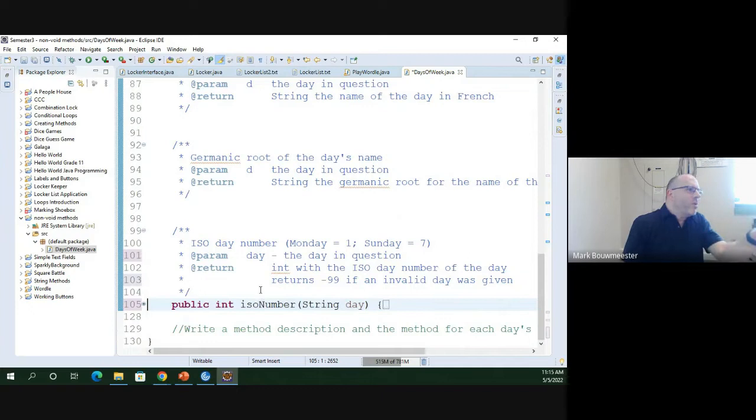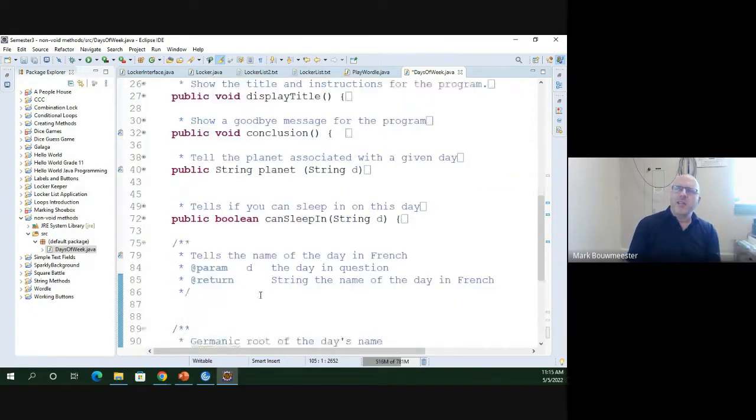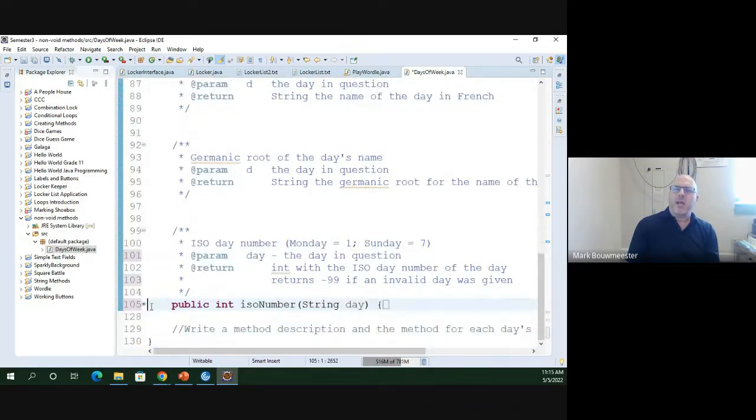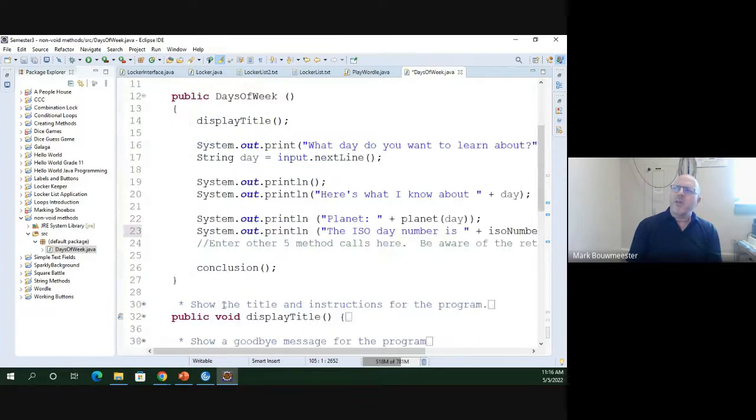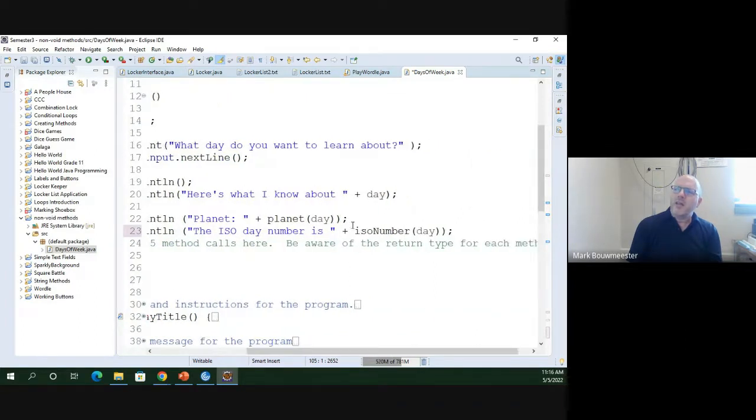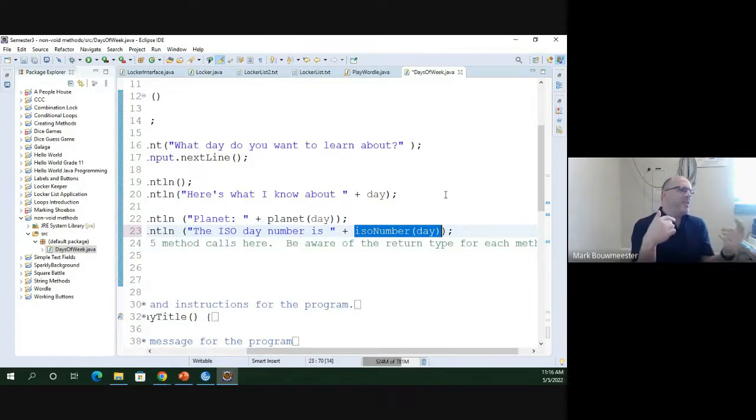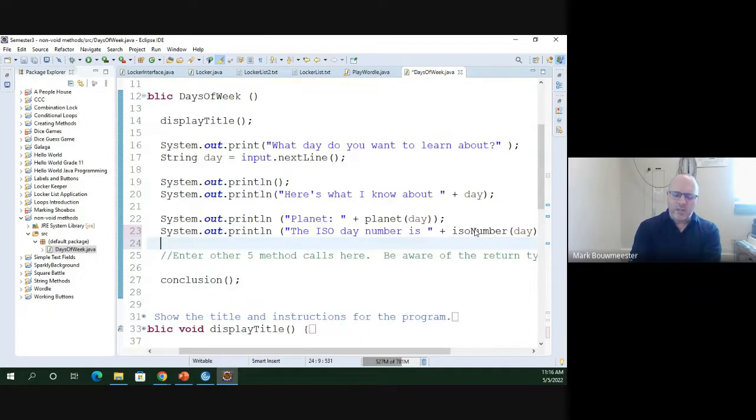Now that I wrote the code that does what it does, I don't ever need to think about that again. Well, assuming I tested it, it actually does work. That was a pretty simple method. I'm pretty sure I got it right. I can roll that code up, never really think about it again, and only ever call the method to get the actual number. Because this returns integers, I'm printing out the number here because not a lot that the program has to do with it. But like I could even do,